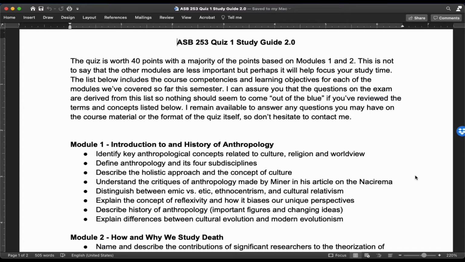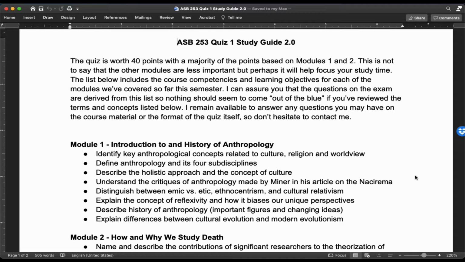Hi everyone. So the collaborative study guide they created did not go exactly as I'd planned, although I do appreciate the one student who added some stuff in there. There was not very much of a collaborative effort. So I've decided to switch gears and I created this study guide 2.0 that's really just a collection of the